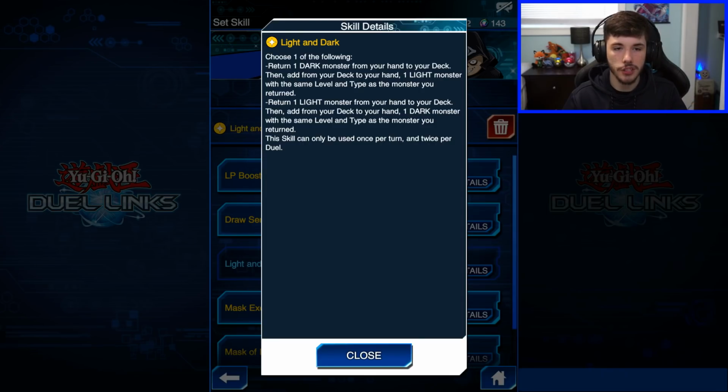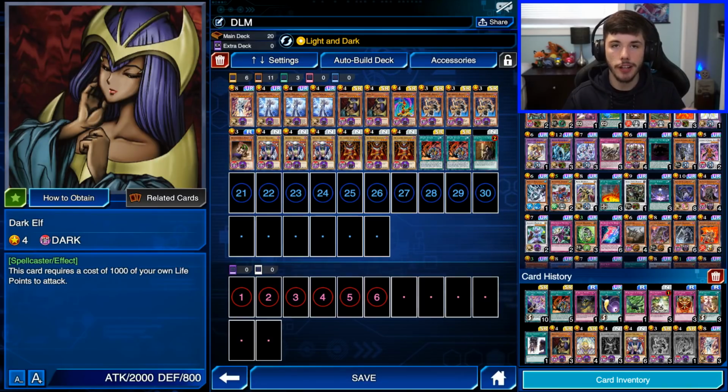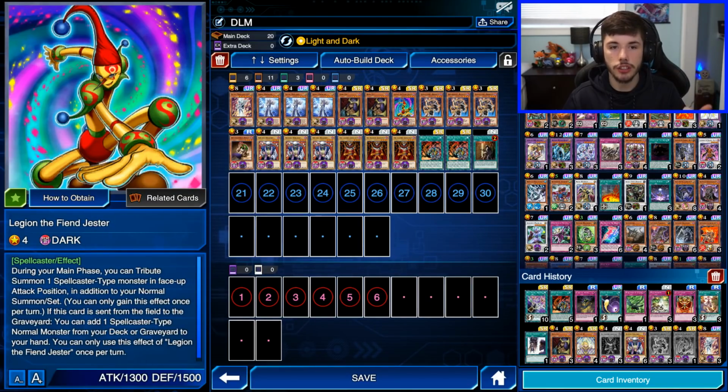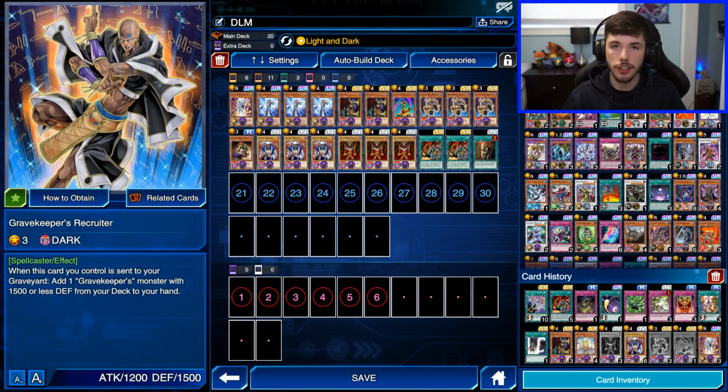if we return a dark monster from our hand or deck, then add from your deck to your hand 1 light monster with the same level and type as the monster returned. So basically we return one of our 4-star Spellcaster dark monsters to search out for a Silent Magician, and then what you do is you use cards like Gravekeeper's Recruiter and Legion the Fiend Jester to basically summon it, tribute it off, and then basically summon your Silent Magician, and then use these 2 cards within your deck to get